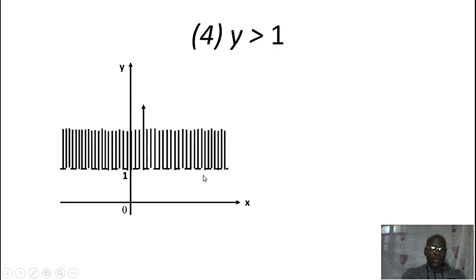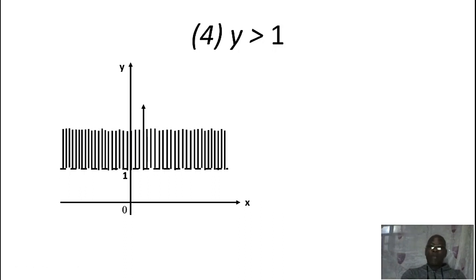The dotted line shows that y can never be equal to 1, but we shade towards all numbers greater than 1. Numbers above 1 are greater than 1. Numbers below 1 are less than 1. So since it is talking about greater than, we shade upwards. And this arrow, remember I said it's not compulsory, you must not put it, but we are putting it here in order to show you the direction of the shading. Are you okay? So that's how it is done.